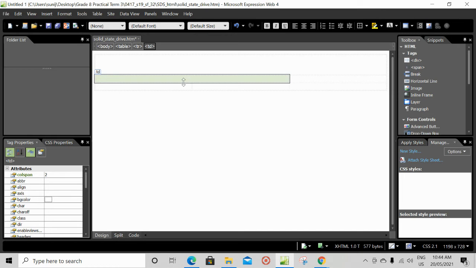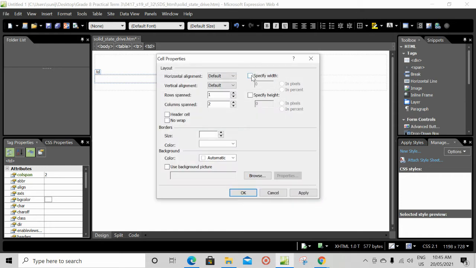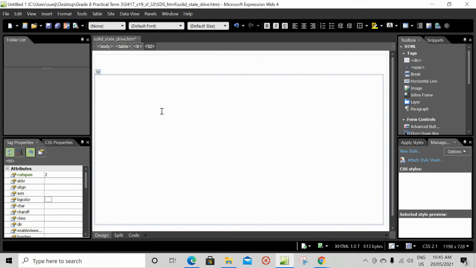Then again you right click on this cell, cell properties, specify width, it is 800, and the height is 600. Apply. Okay, so that cell is also made to the given dimensions.